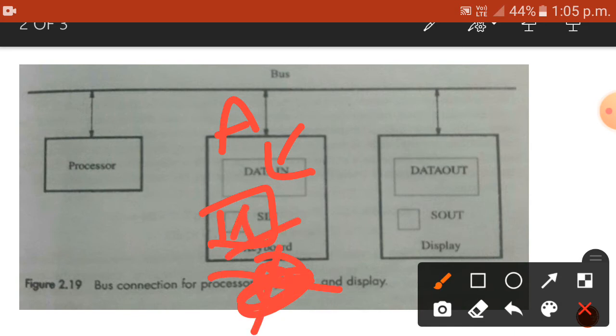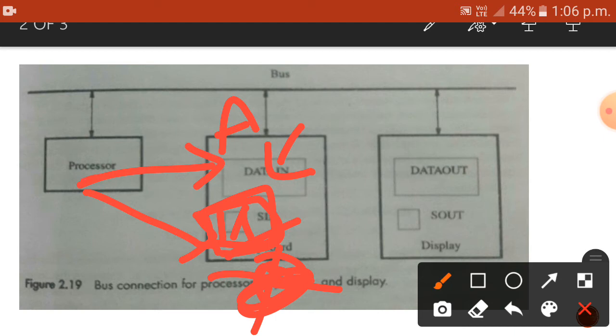The processor checks the status register. Since it is 1, it reads the character. SIN bit 1 means there is a character in the DATAIN register, so the processor reads the character that we pressed.